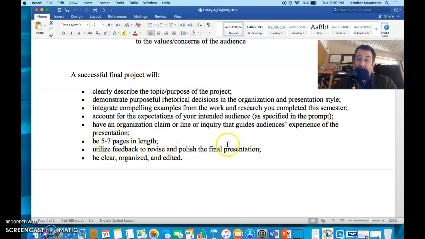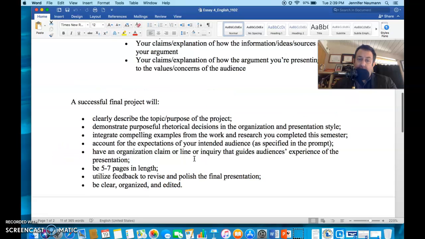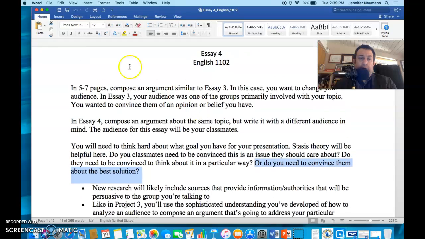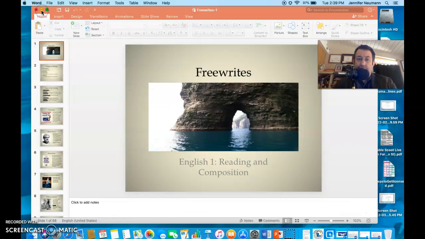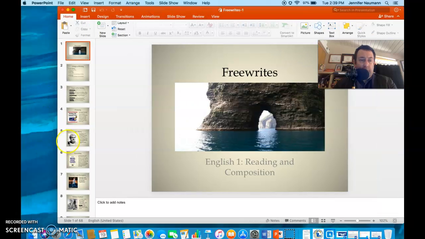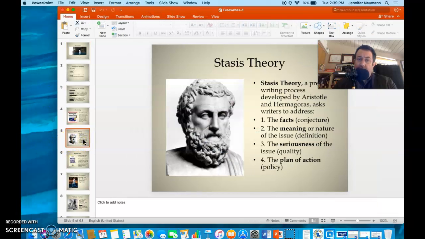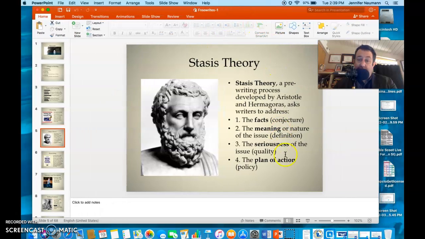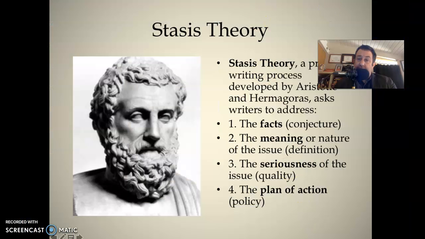Utilize feedback to revise, and I'll also put up some revision exercises, like some things that you can do to help revise your work. You're welcome to send me your work as well. I'm more than happy to offer feedback. Let's take a look at what